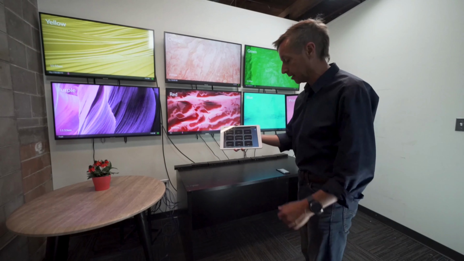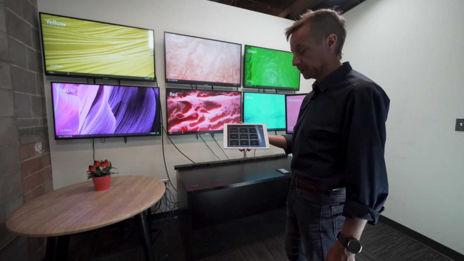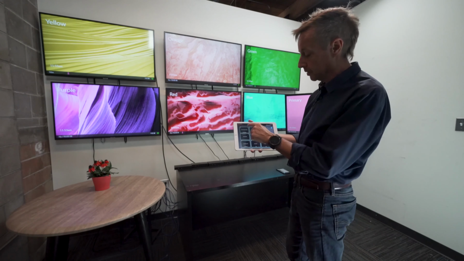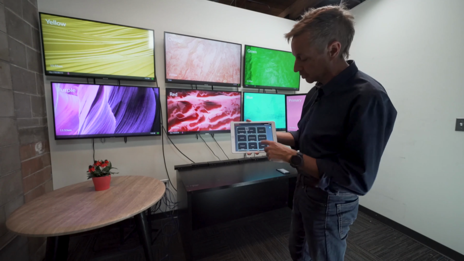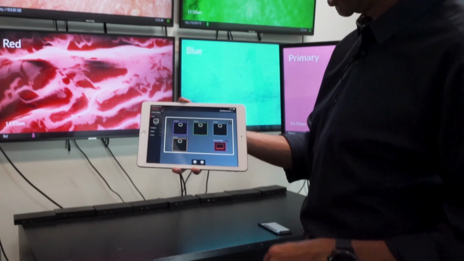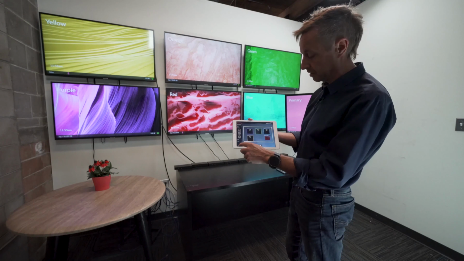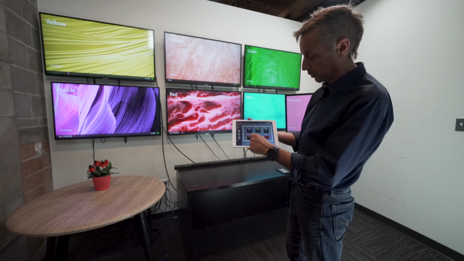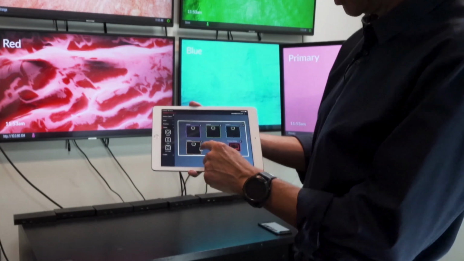I've got an iPad app here that's already downloaded the active learning application. And my role has already been set up, so I'm a facilities manager, and I can go in and edit the room. See, I have all the different team tables and a primary display. I can position where they are. And if we wanted to, say, for example, put a table with this team here, I could just drag it